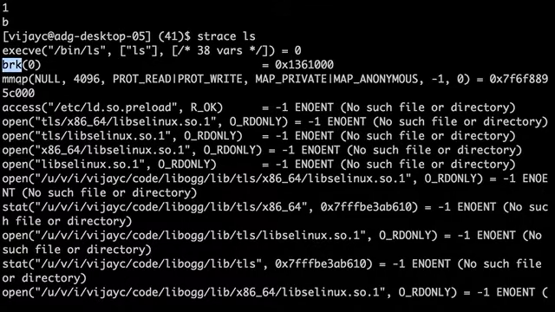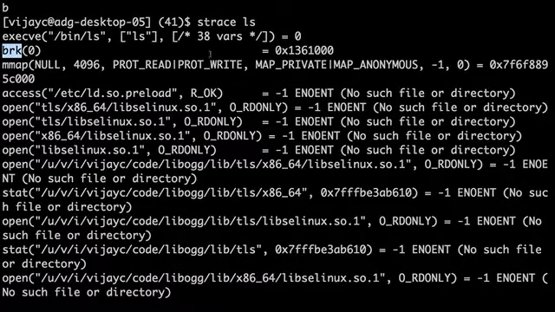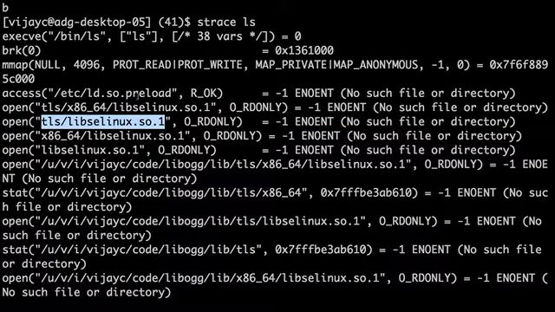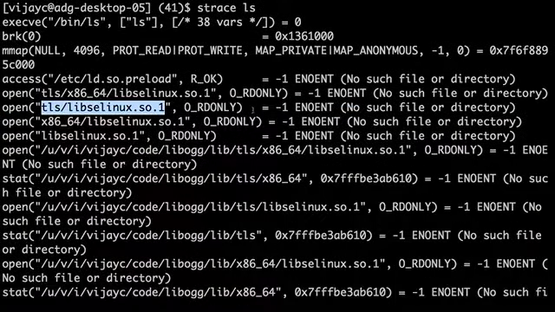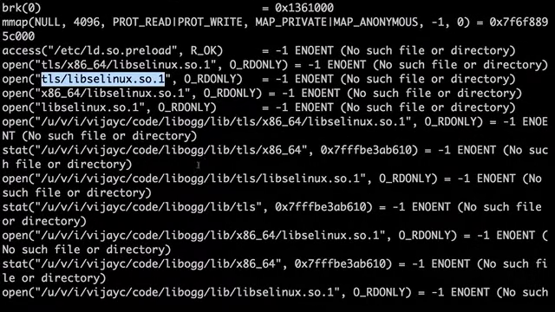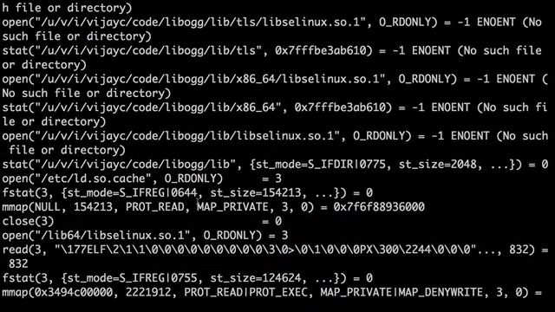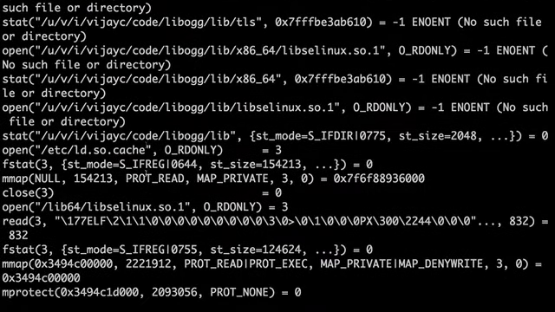It does mmap of some region. You can see that all of these things are your libraries, right? It's loading the SELinux library. It does a bunch of stuff for that. It's loading them at different locations, and then it's trying to load some other stuff, but it's getting an error. So in a bunch of different locations, it tries to load its libraries.